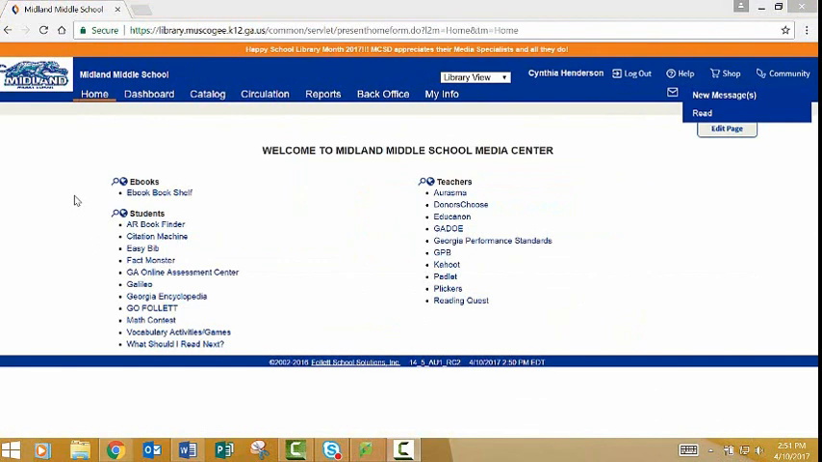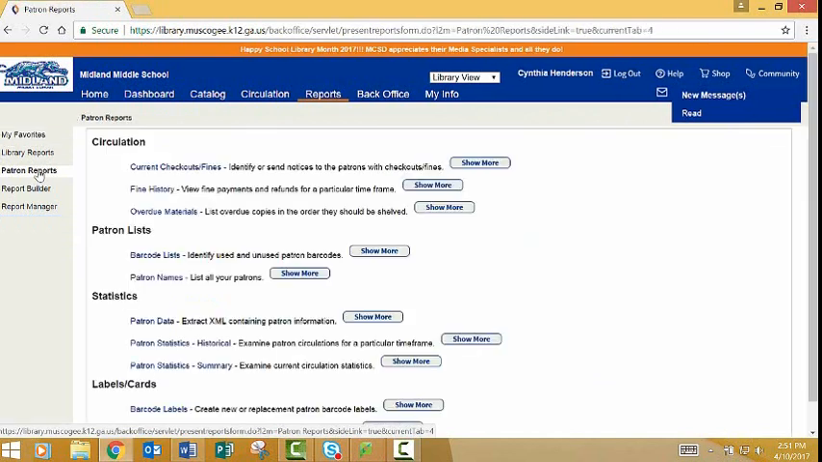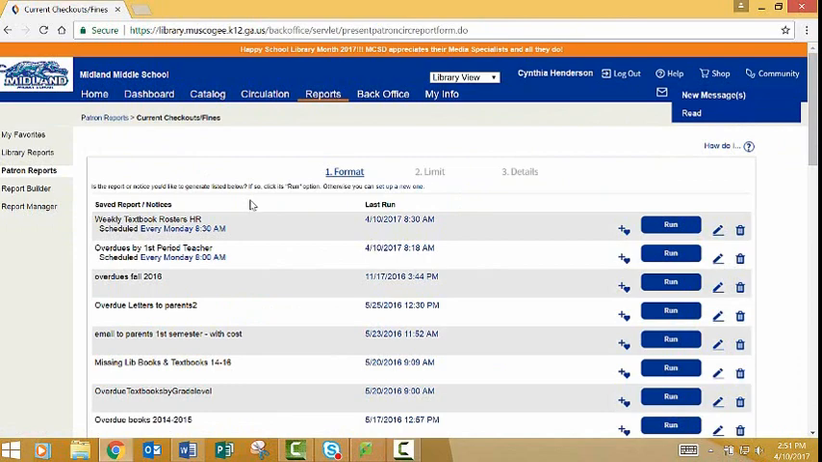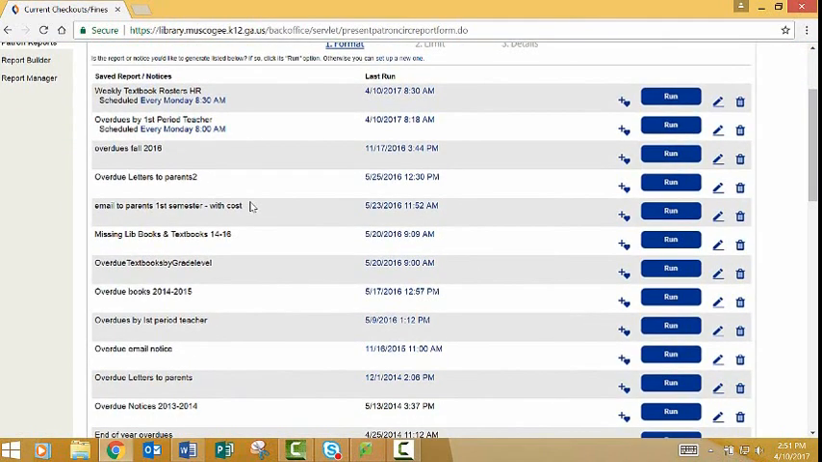Okay, now for how to print bills, fines, and receipts. We want to first click on Reports, and then go over to the Patron Reports on the left-hand side. All right. And since we're looking mostly at our circulation, our current checkouts and fines is what we're going to look at first. All right, so when we click on that, this gives us a list of different reports that are offered